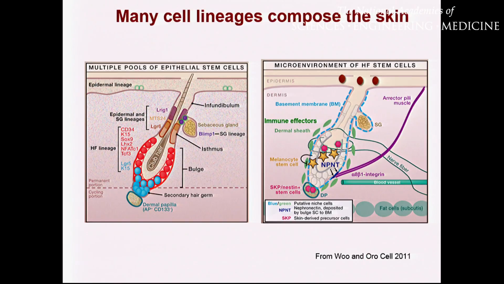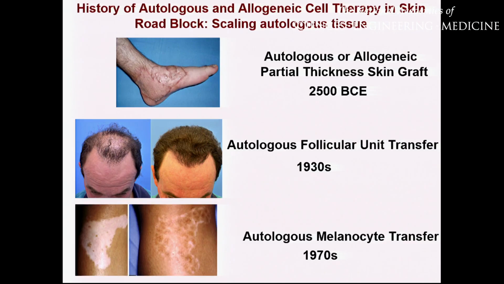And with cell therapy, we often think about it as individual cells. And so that is something that we have to think about in terms of overall organ function versus just cell therapy together. That's one point I wanted to make this morning. Now, skin is accessible, and so there is a long history of autologous and allogeneic cell therapies in skin, dating back to skin grafts from people that had their nose cut off and wanted to graft over 4,000 years ago. Many are also autologous follicular units, hair transplants, which are just really redistribution of autologous hair units. And then even melanocyte transfer for vitiligo is also being done.